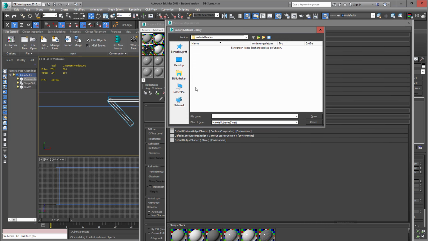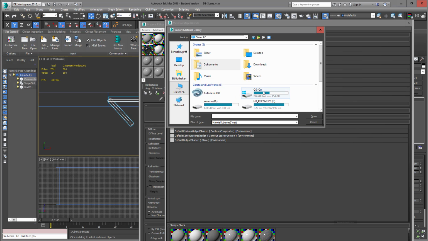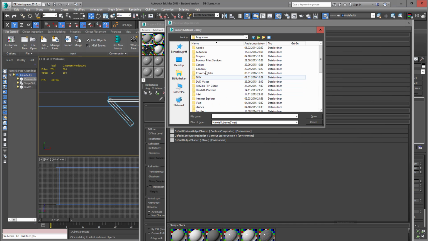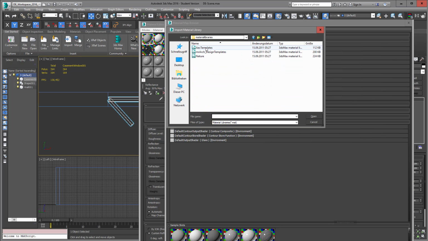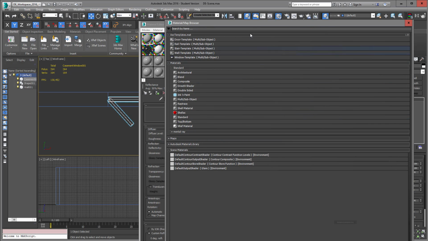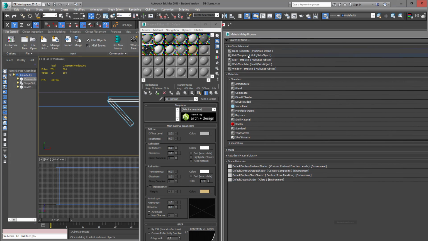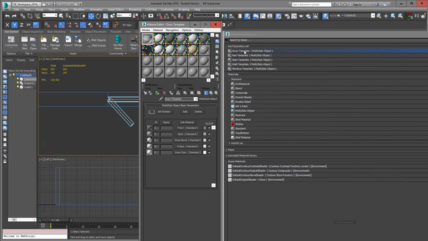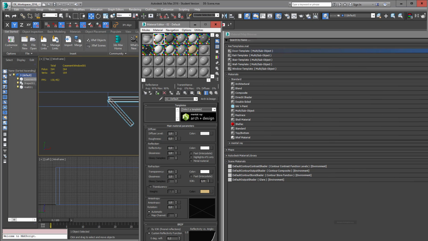Next, you select your PC, go into programs, Autodesk 3D Studio Max, and material libraries. Here you have your AEC templates. If you open this, you can see that there's a material for door. Just open it, and next